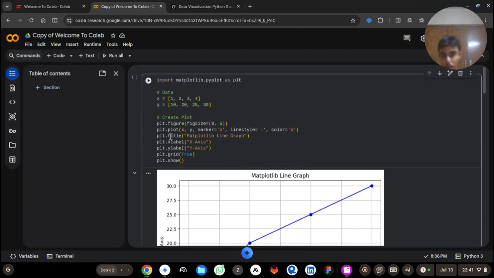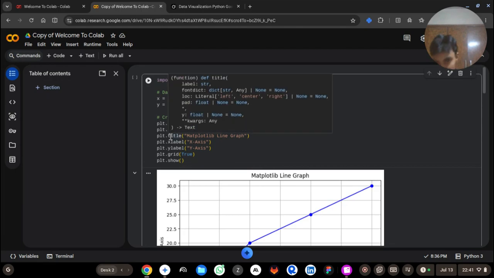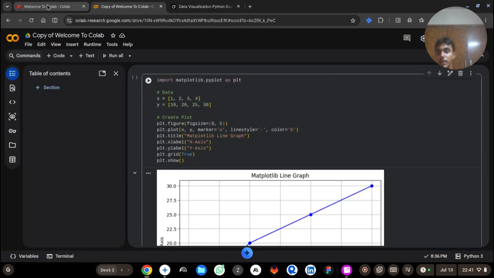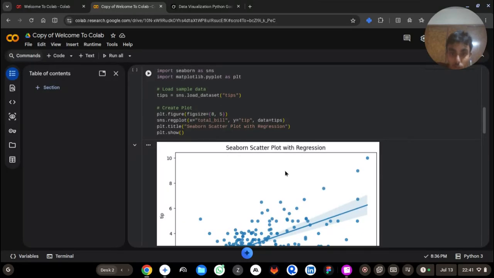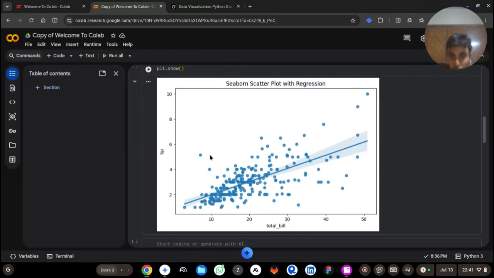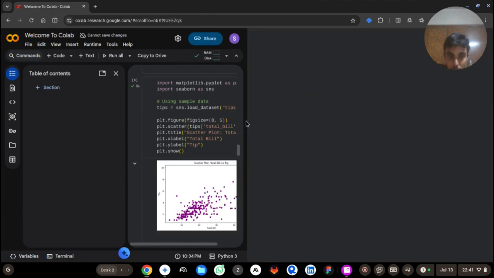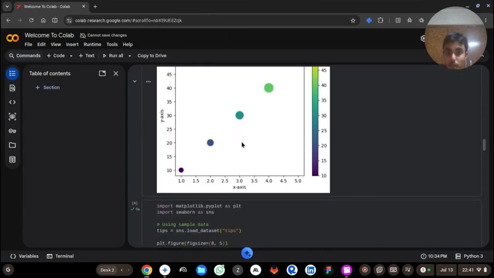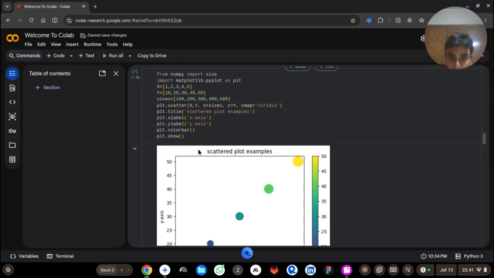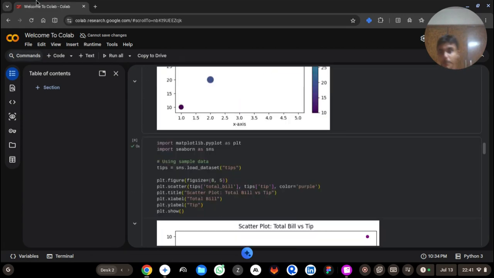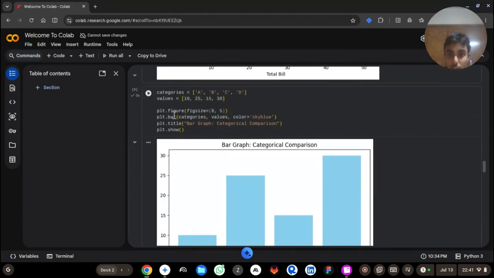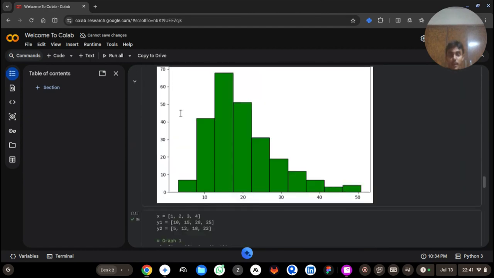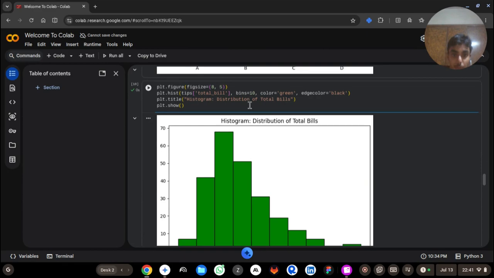For a line graph, it's plot. For a scatter graph, we have scatter plot, so we need to put scatter like this. And for a bar graph, we need to put bar here. And for a histogram, hist, where bins are the gaps between the bars,